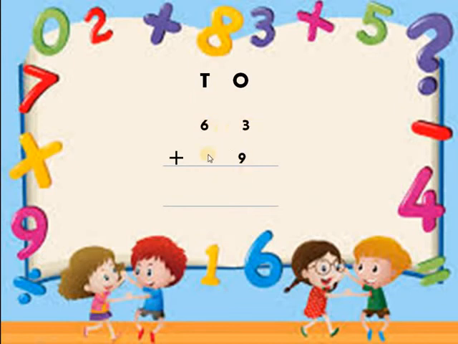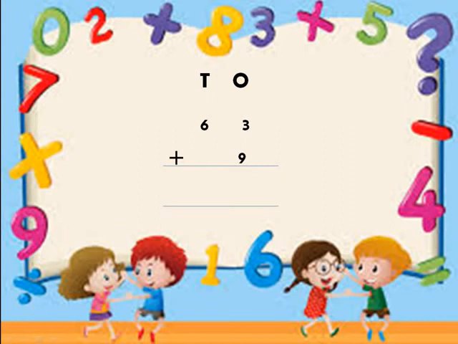Here I have taken 63 plus 9. See, this is the reason I tell you always arrange in correct column. There are few children who write this 9 in tens place. But when we write this 9 in tens place, it goes wrong. It's a wrong sum because 9 is a single digit and its place value is 1. So it is compulsory to write in ones place. And there is nothing here, that is understood to be 0. If nothing is written here, that means it is 0.